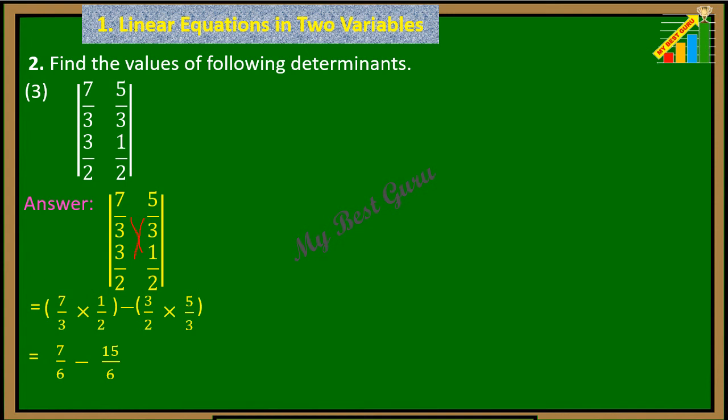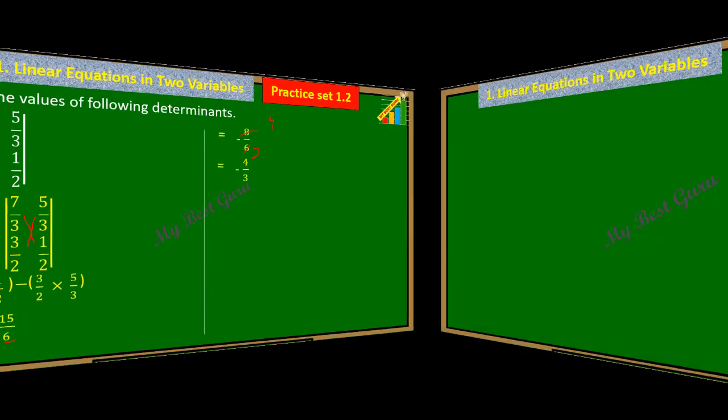Now whenever you have to subtract fractions, first check whether the denominators are the same or not. So here we have denominators 6 and 6. When denominators are the same, then we can do subtraction or addition. Here we have to do subtraction. So it is 7 minus 15. 7 minus 15 is minus 8, and write down the denominator 6. Now both the numbers are divisible by 2. So 2 3s are 6 and 2 4s are 8. So the value is minus sign as it is, 4 divided by 3.